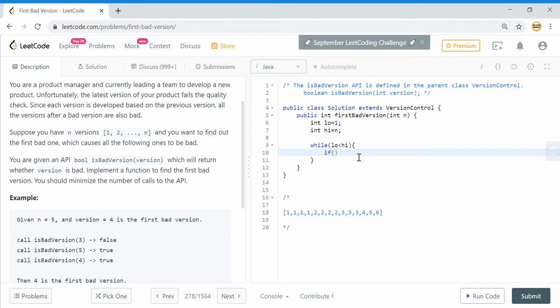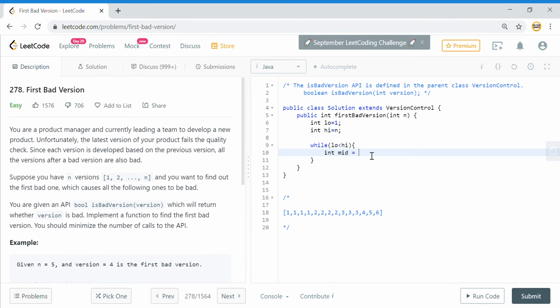So here we will have a mid value. Mid is equal to low plus high divided by 2. Actually, I will do it the other way around. I will say high minus low.